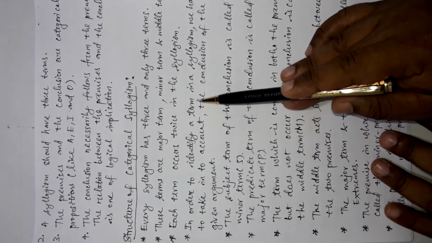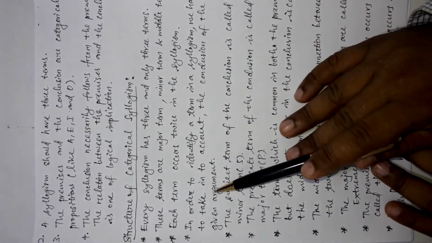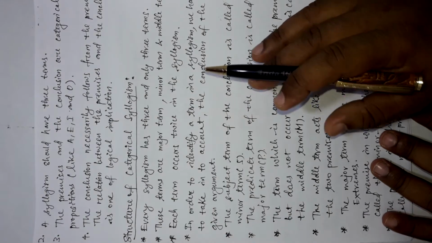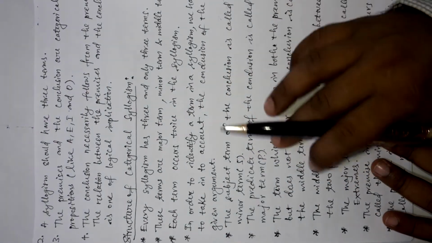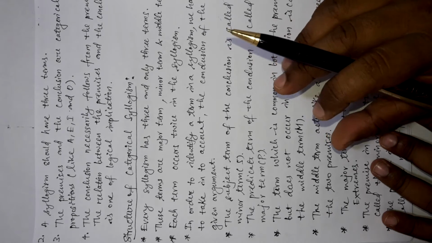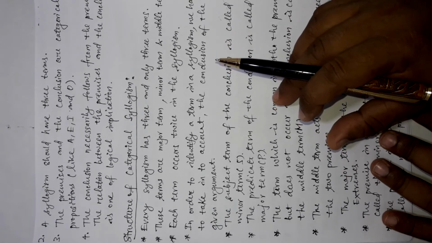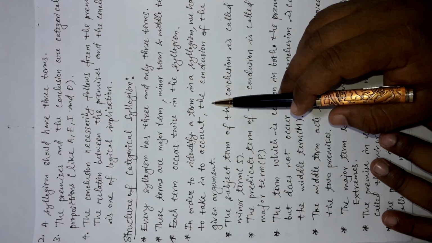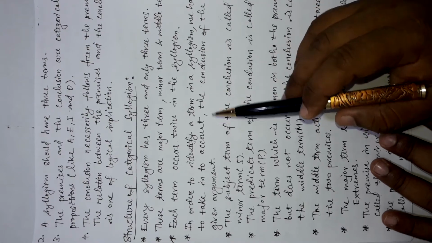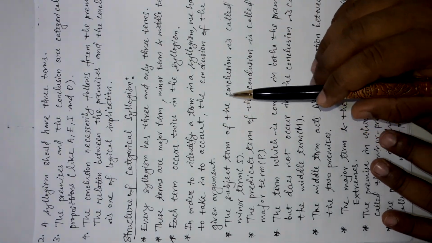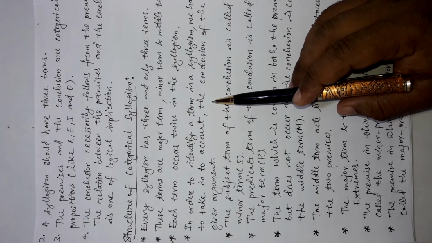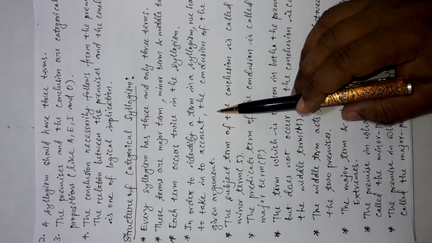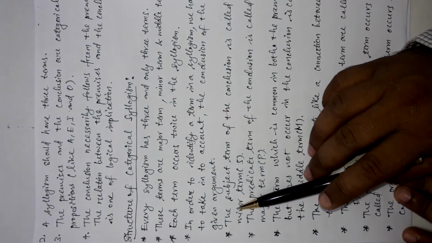In order to identify a term in a syllogism, we have to take into account the conclusion of the given argument. Looking at the final conclusion statement or proposition, and observing and verifying it, we can get the terms and name them in the categories of major, minor or middle terms. So, the conclusion will tell you which one is the major term, which one is the minor term and which is the middle term. The conclusion will help in this regard. How is it? Let us see.